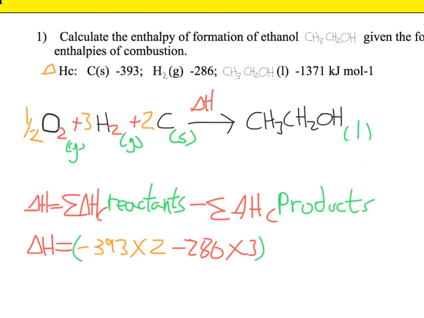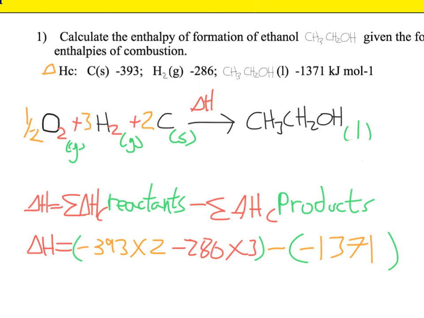Okay, now we do our products. So our products are just the ethanol. We've just got that one value there, so minus the products. So I'll do the products in brackets here. So it's minus, there's that minus there, and the value for the ethanol is minus 1371. So all we need to do now is to throw these all into a calculator to get an answer